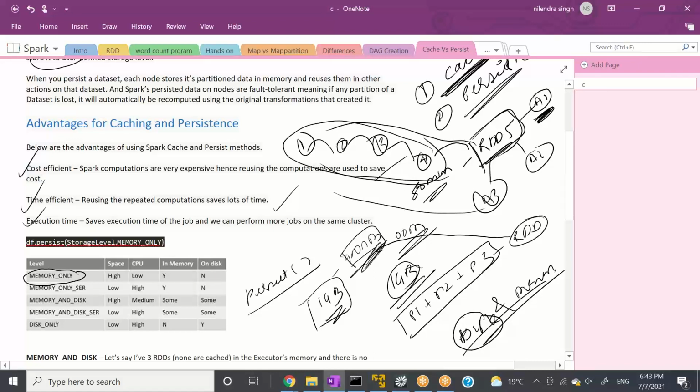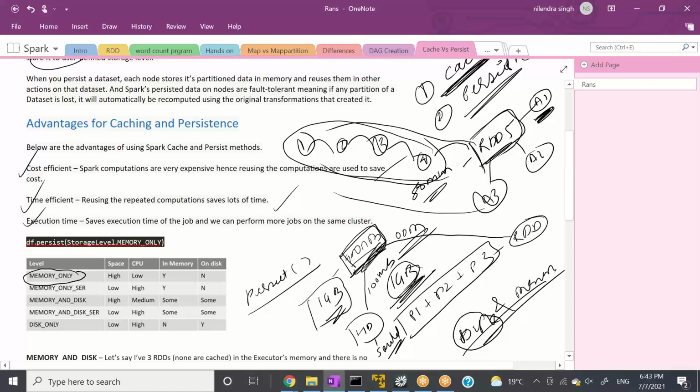So let's say you have 900 MB of memory available and you have a hard disk here and you need to put 1 GB of data. 900 MB will be here and the 100 MB will be spilled to the hard disk. This process of pushing data from memory to hard disk is called spilling.